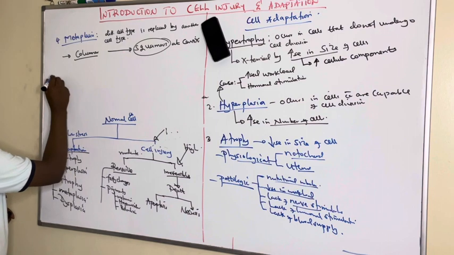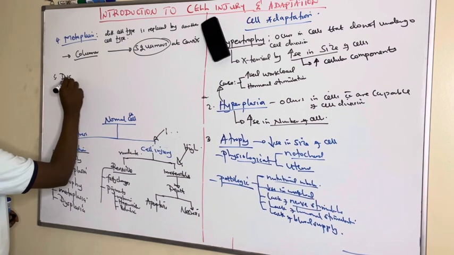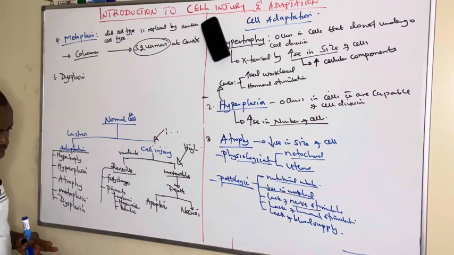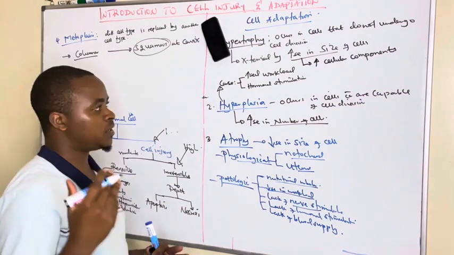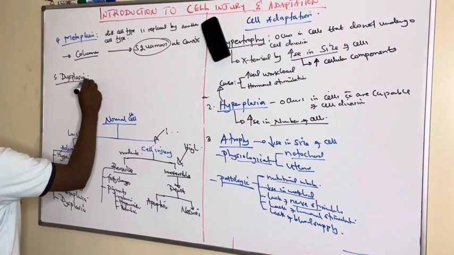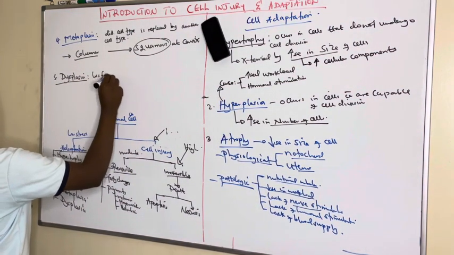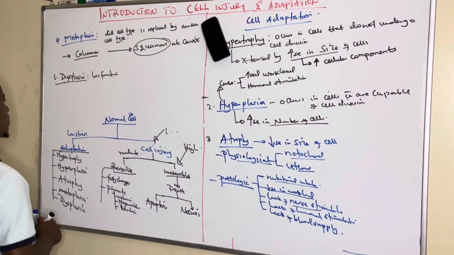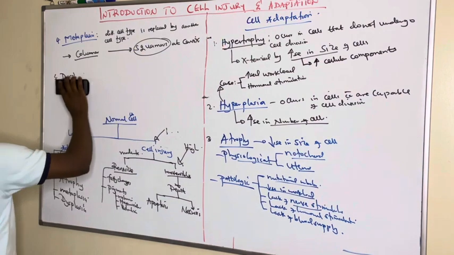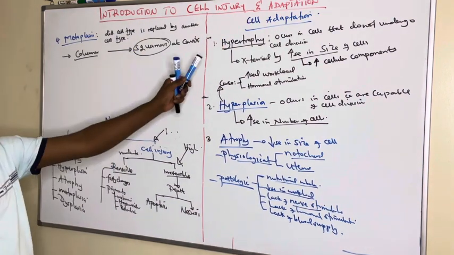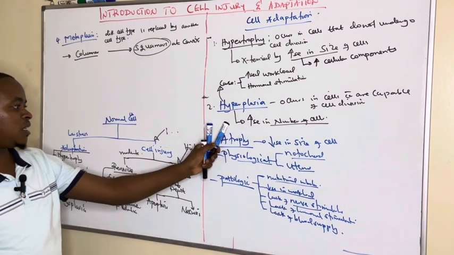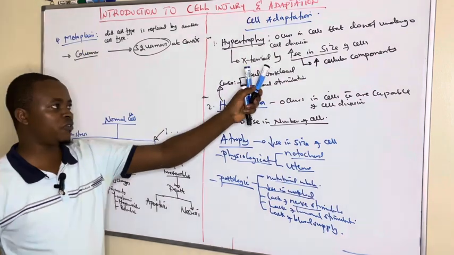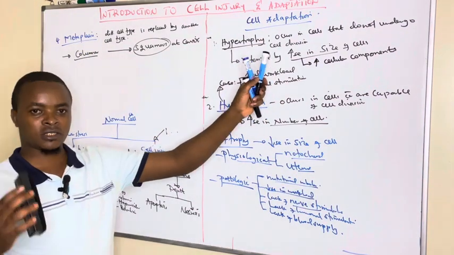And then dysplasia, which is number 5. Dysplasia of the cell, and even sometimes they undergo neoplasia, but neoplasia is sometimes irreversible. But dysplasia is loss of function, which is not peculiar to adaptation. So the major adaptations are hypertrophy, hyperplasia, atrophy, and metaplasia,